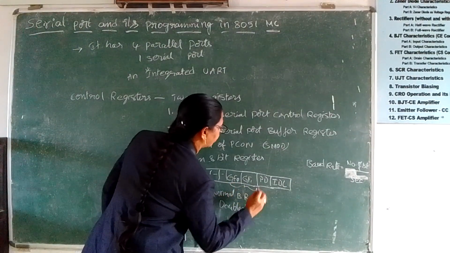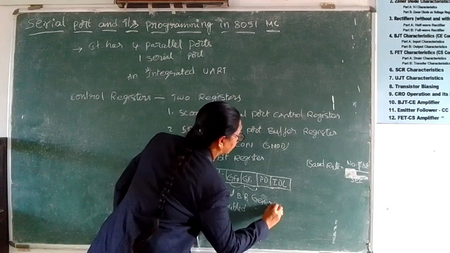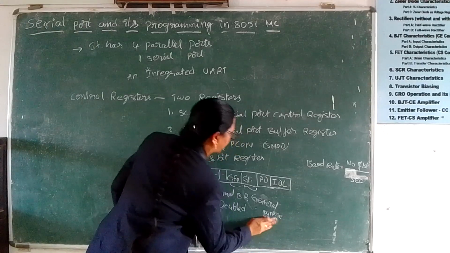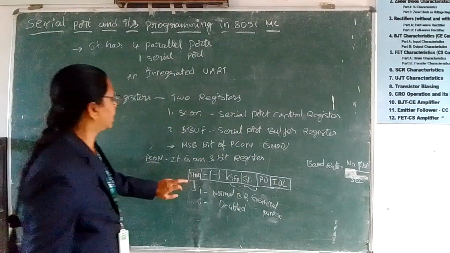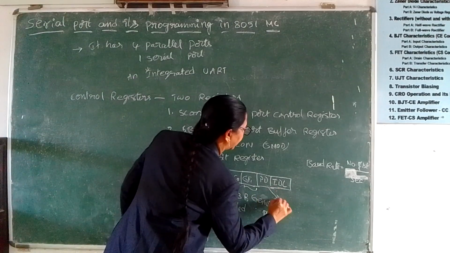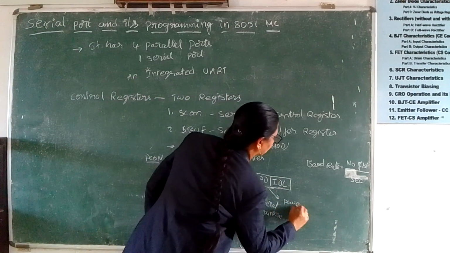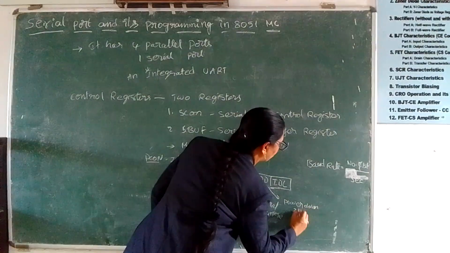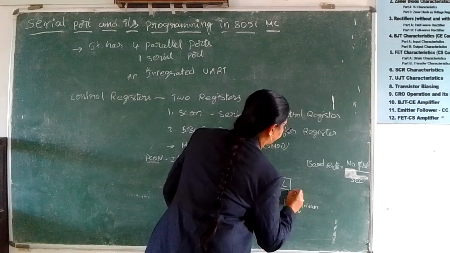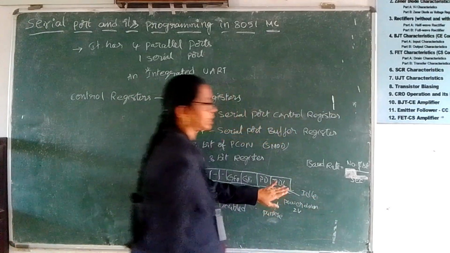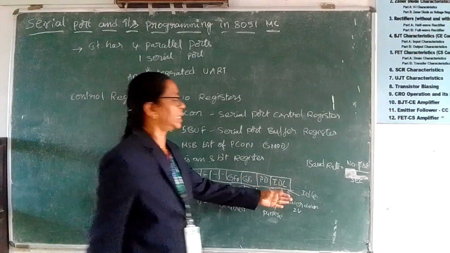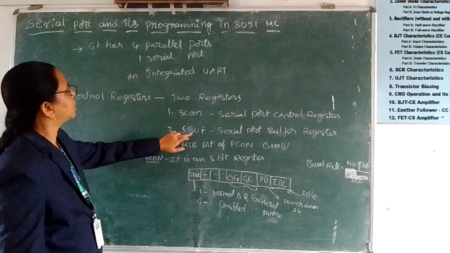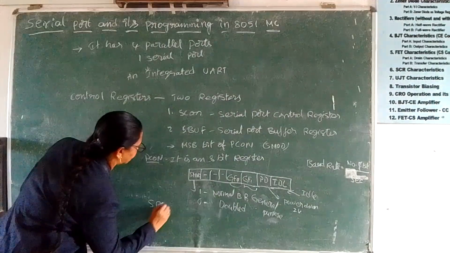These two bits are for general purpose flags. So we focus on the SMOD bit only in serial communication. PD is power down. Generally it can be operated in power down at 2 volts. This is idle, like sleep mode in desktops and laptops. Next we come to the SBUF,